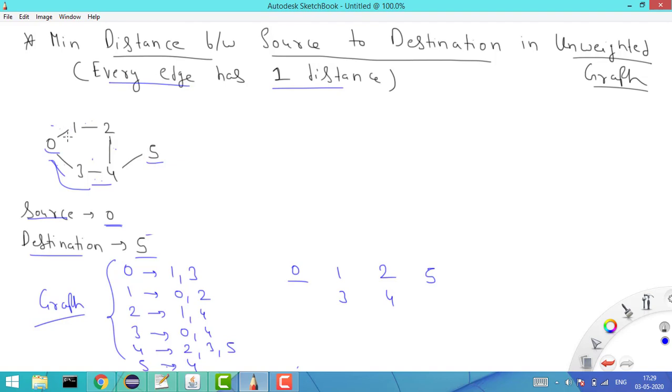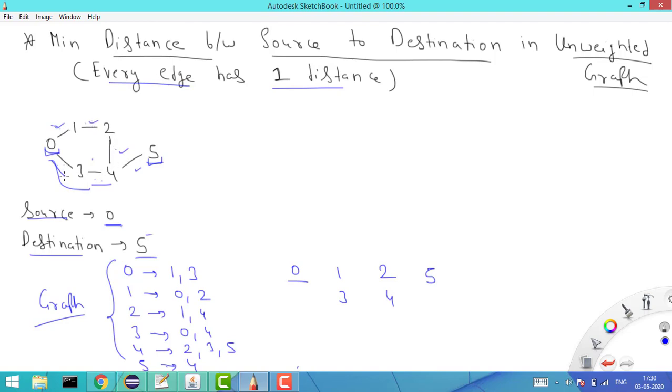So now we need to find the minimum distance from source to destination. Like let's say here if my source is 0 and my destination is 5, so I want to go from this source to this destination. So if you see, we have one path as this one. Either I can go from 0 to 1, then 1 to 2, 2 to 4, and here in this case the distance is 1 2 3 4.